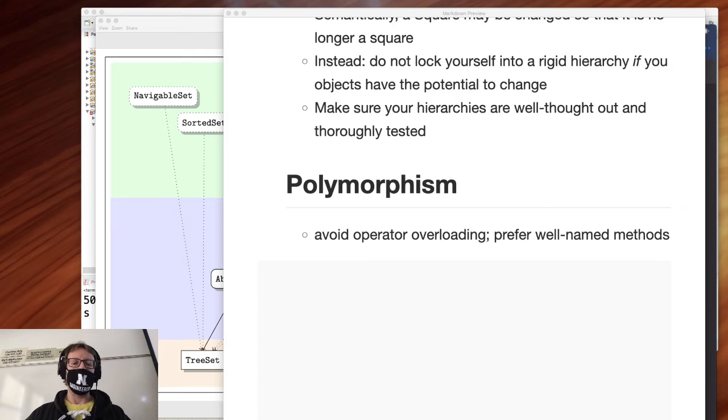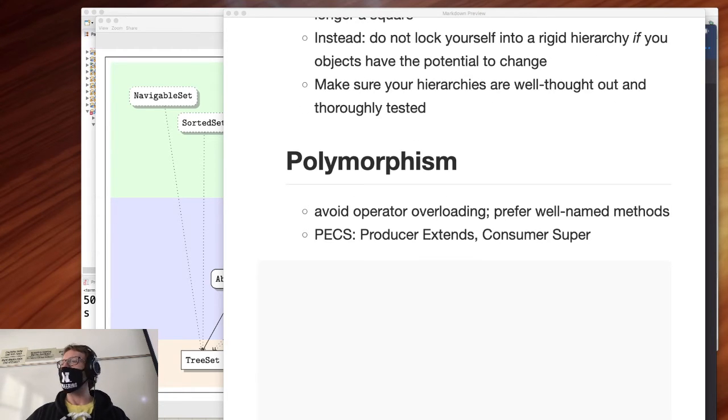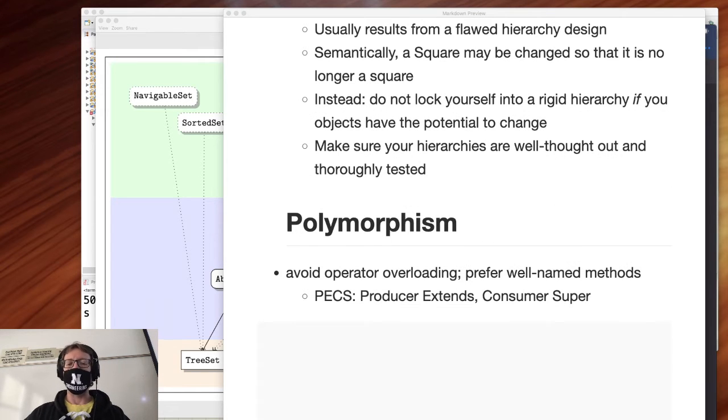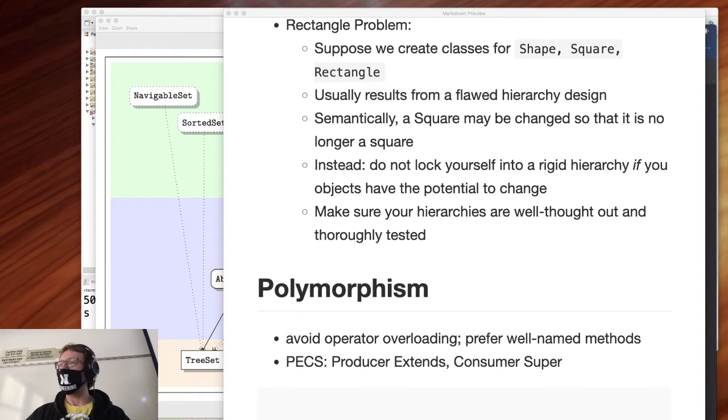I don't know if I remember saying this or not, but I don't remember if I gave a reference to PECS. This is more of a Java-specific thing. But PECS is yet another acronym. You'll never have to memorize it or anything like that, but understand that it's out there. It stands for Producer Extends Consumer Super, and it's a way of understanding what you were doing in